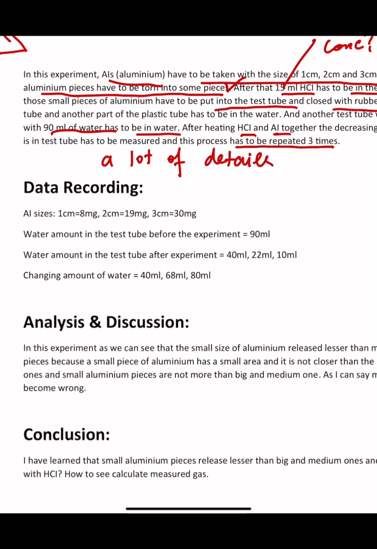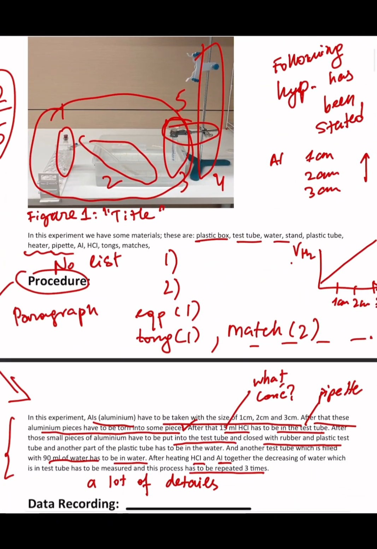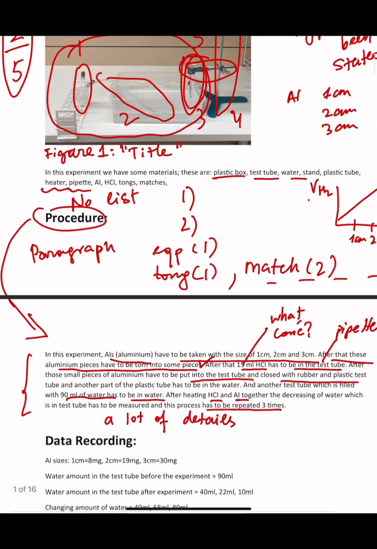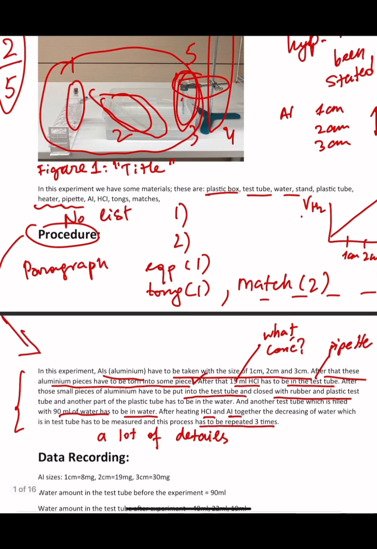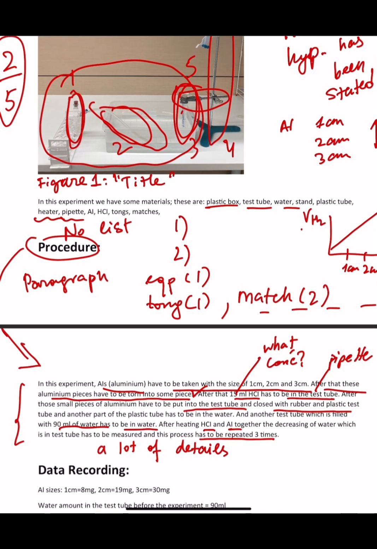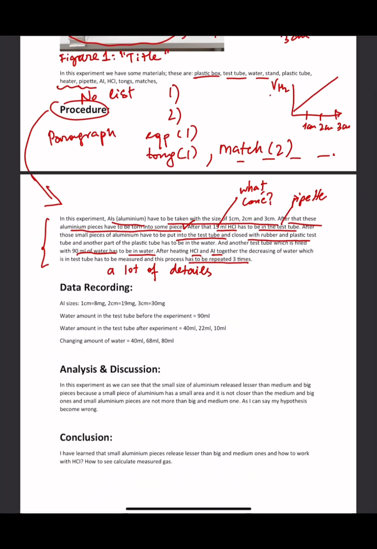You need to go really into detail. You need to say how did you set up this equipment. Do you remember we filled out the water? We filled out the water in a graduated cylinder, and then we put it upside down, and then we had to make sure the hose, you see the hose inside, is actually inside the graduated cylinder, and it is connected to the test tube with the side arm. It's not a regular test tube. So all of this stuff needs to be detailed, and this person didn't go into detail, and the maximum points they would get out of 10 is going to be 4.